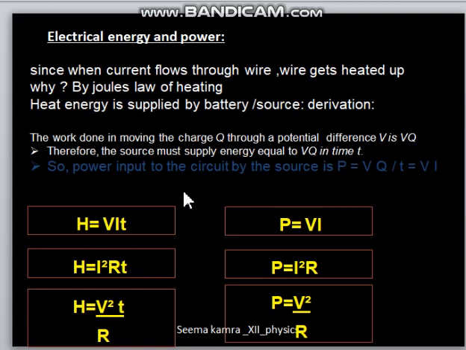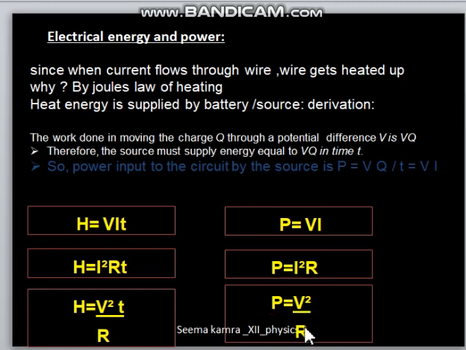And in the same manner, if we want to calculate the power formula, power is work upon time, or energy upon time. So we can divide each formula by time to get the power formulas. So in the power formula, T will not come, otherwise the terms will remain the same. So the first power formula is VI, the second is I square R, and the third is